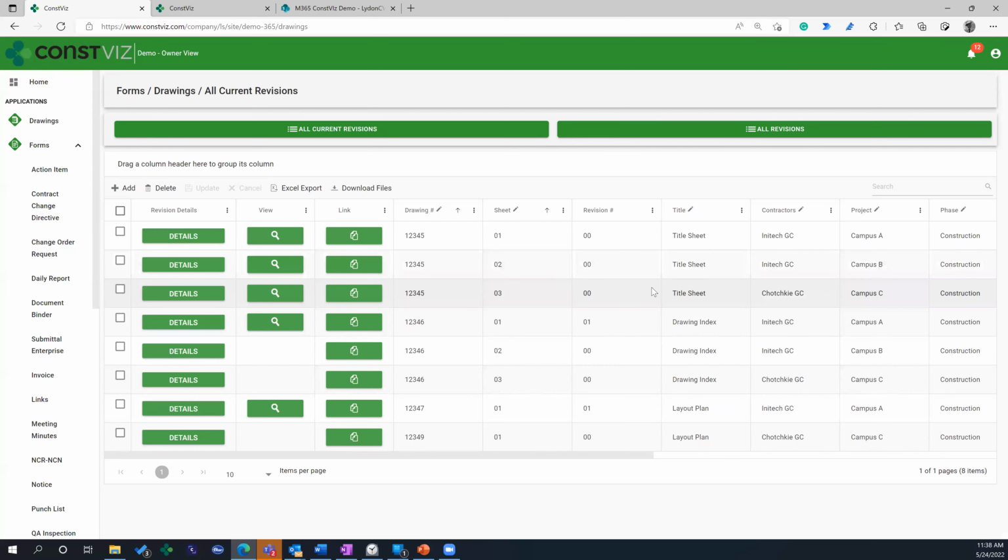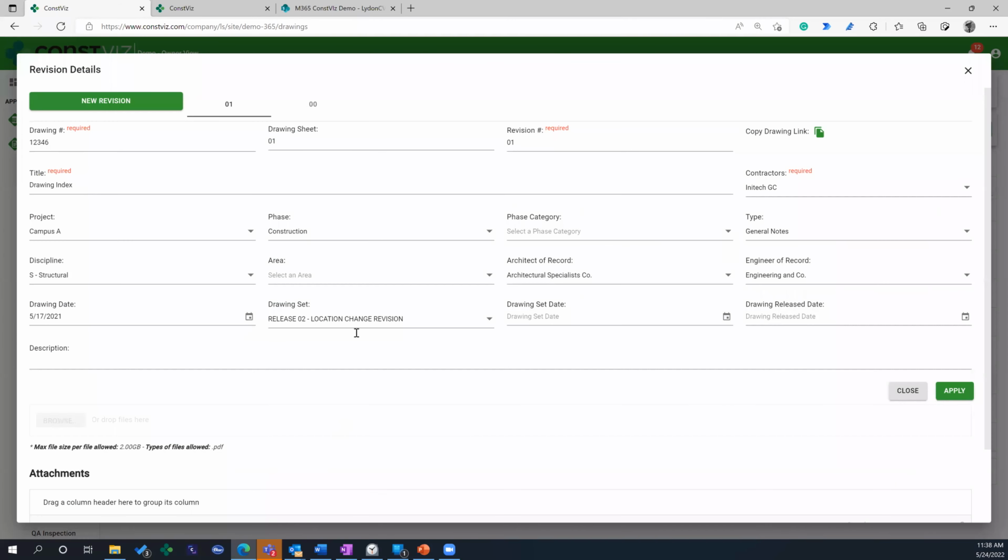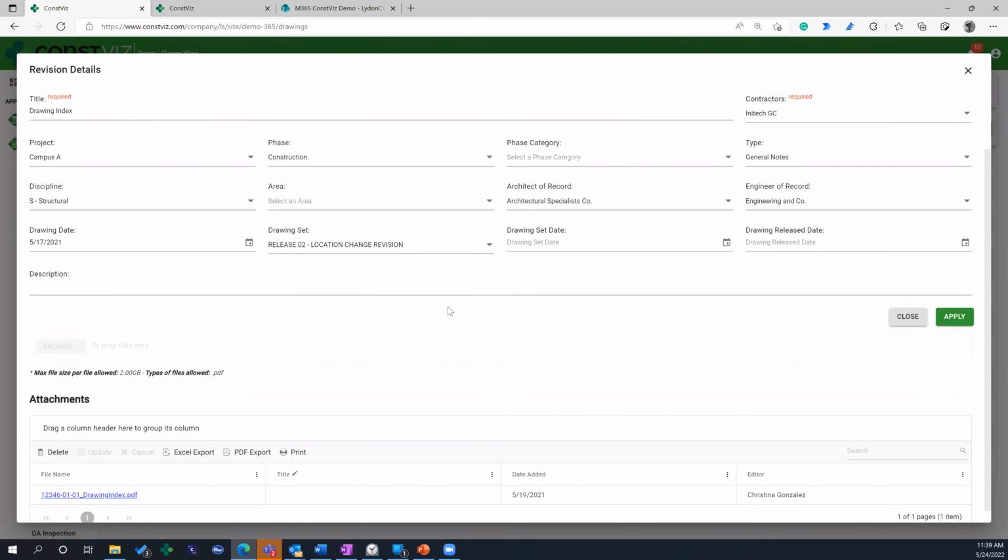So the idea here is load up all your drawings in this master drawing list, right? And here's all the current revisions, here's all revisions. So if you load them all up here, one sheet at a time is a row, right? Each drawing is in here. And if I open one of these drawings up, you'll see the details, but this is all the metadata that you capture around that drawing. So you put the title of the drawing, project information, contractor, because we can permission control a drawing if we needed to, the discipline, area, architect of record, et cetera,